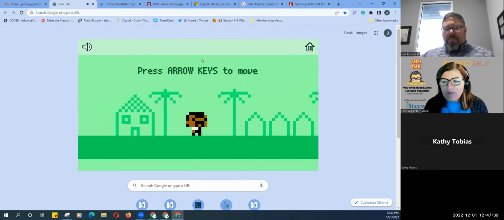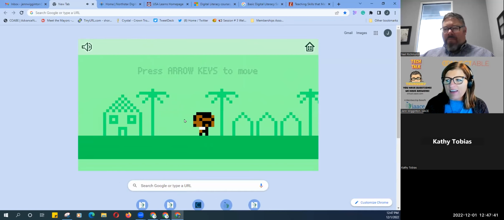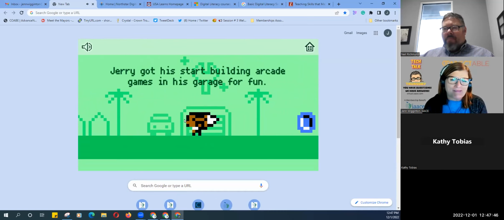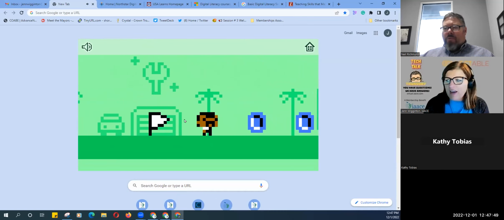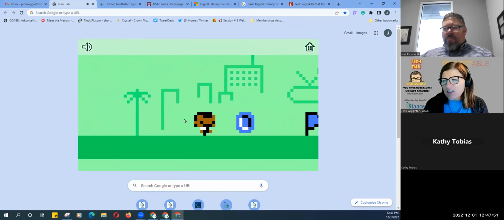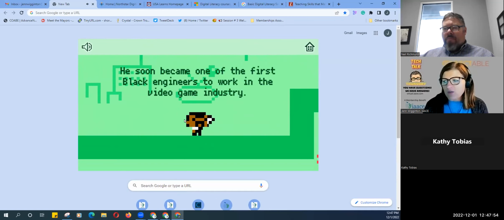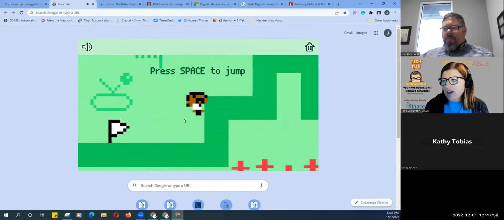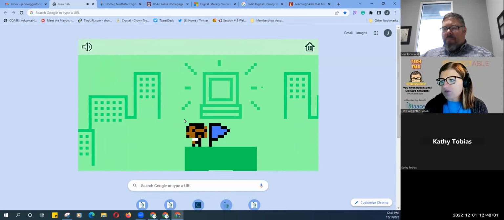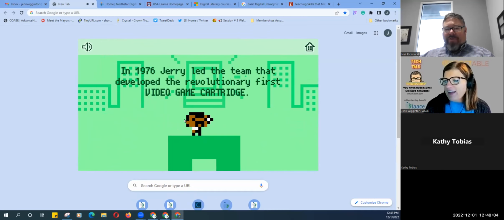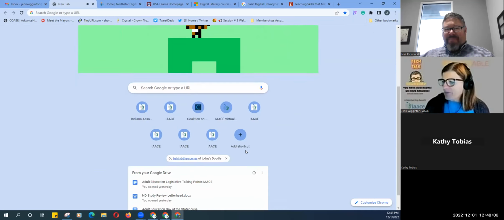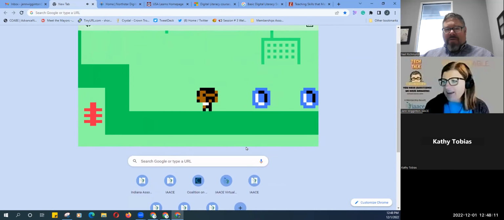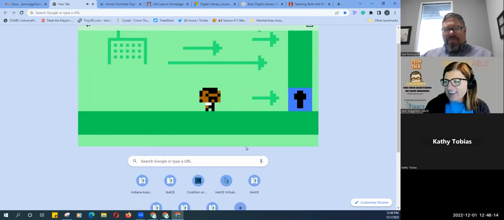Yep. It brings up a super cute game, and it teaches the ability just to explore your keyboard and know how to move around. This one's teaching arrow keys, as well as obviously some reading, and your space bar, the ability to just move. Love it. It has a little storyline, obviously, of the creator. Yeah. And I'm trying to get to the one part that's